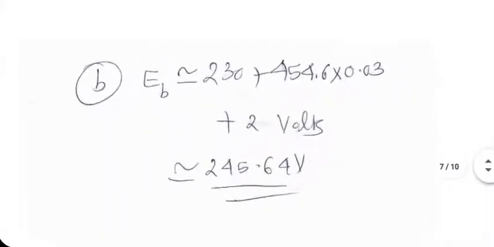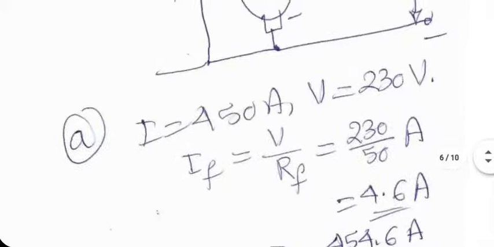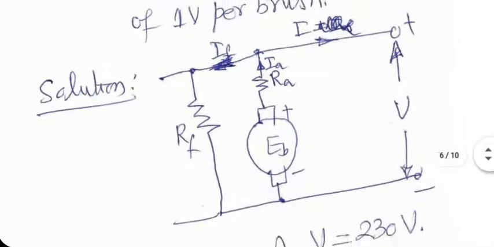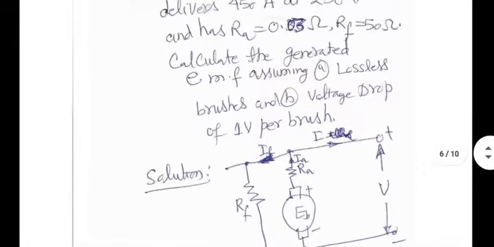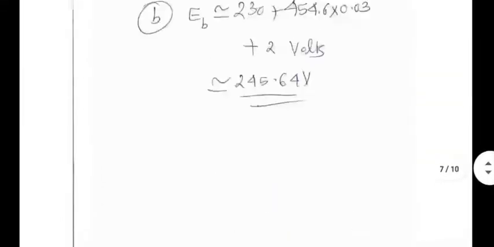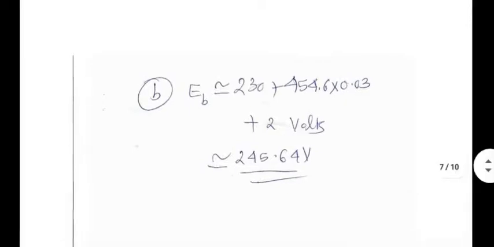That's it. This has to be done manually. There's no equation. You know the value of voltage drop due to brushes, and that is given as value per brush. So for 2 brushes, you'll have a total drop of 2 volt. That has to be added to the calculation to get the actual EB, which will be required if we want to compensate for brush contact.